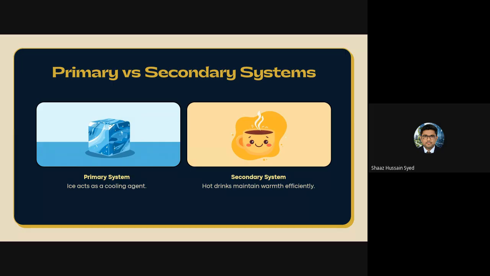So most of your delta T problems happen on the secondary side, not on the primary side. Primary delta T is basically your district cooling side. Secondary delta T is your building side. Penalties, whatever happens, appear on the primary side, but the problem is almost always on your building side. This is something people usually get confused about: any problem in the secondary line will give us penalties on the primary delta T, that is the DC side.